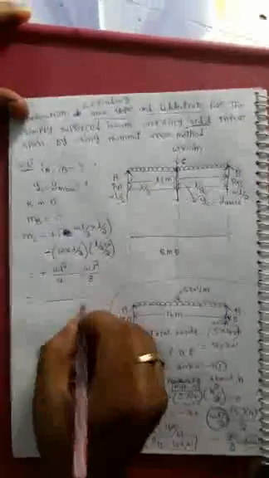and here it is also WL into L by 2, and WL square by 8. Why? Because 2 into 2 is 4, 4 into 2 is 8, L into L is L square, WL square by 8. So LCM is 8. So 2 into WL square minus WL square. So here the answer is WL square by 8.